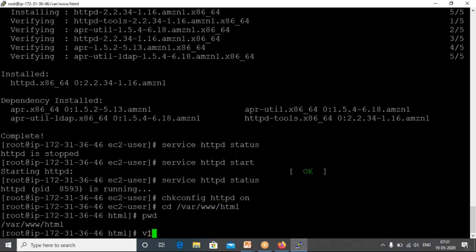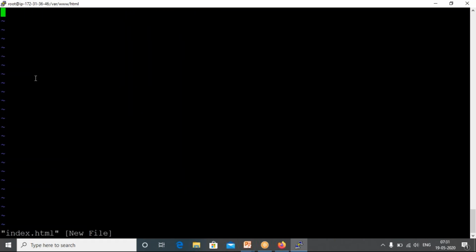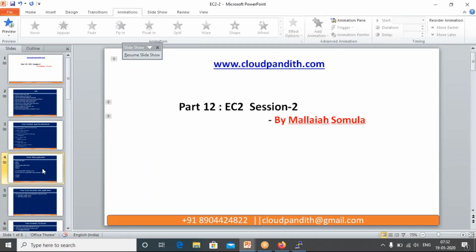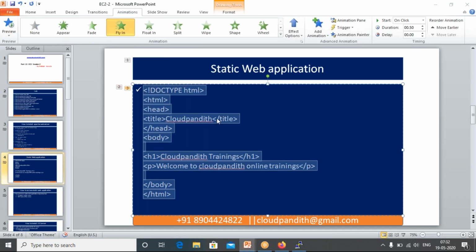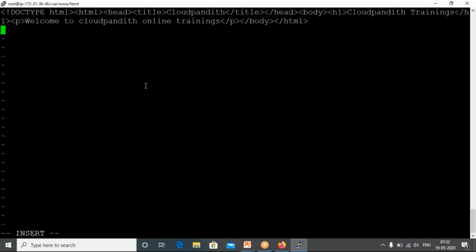How to host the web application? vi. So there are some editors. By using these editors, you need to put your web application. vi index.html, click enter. So here I can write my web application details. Click i. i is nothing but insert mode, so that you can put all your web application. Now the web application is already available here. So let's come here. Okay, this is my web application. Take this. This is a very simple thing. Okay, so put it. So that's all.